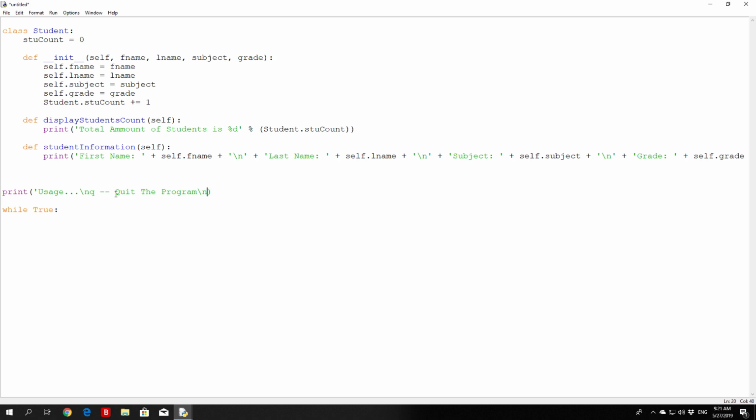What else do we need? Add option 1, or add, let's just leave it like this, I will explain it later on. Add means add student \n, and display means display student information. Okay, so this will print at the beginning of our program, and right after it we are going to enter